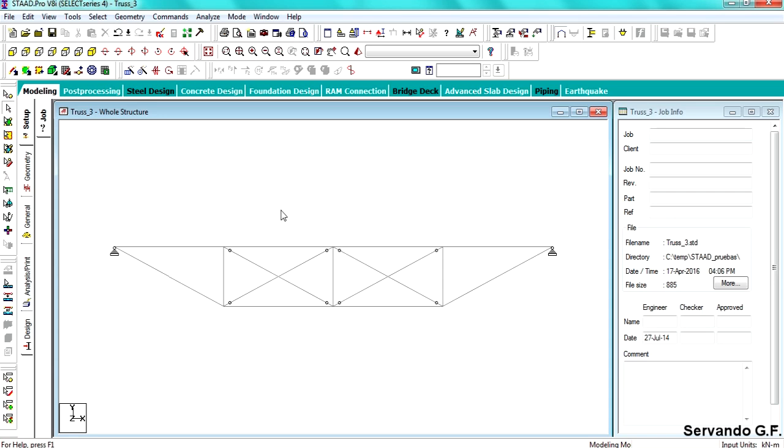Good. So the two things that we're gonna study today are, first, the creation of groups. The creation of groups is interesting because it's gonna give you control on the results that you're obtaining. So for instance, in this truss model that I have here, I would like to know, as a group, the results of this